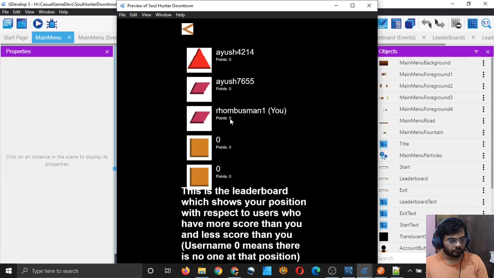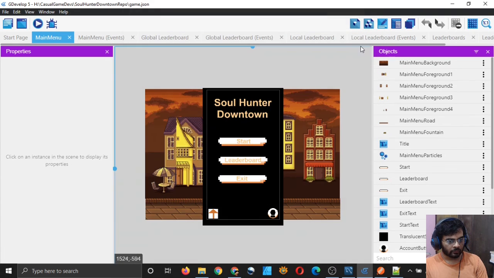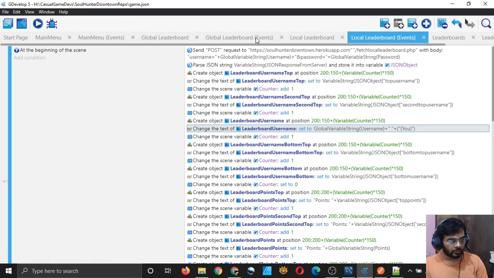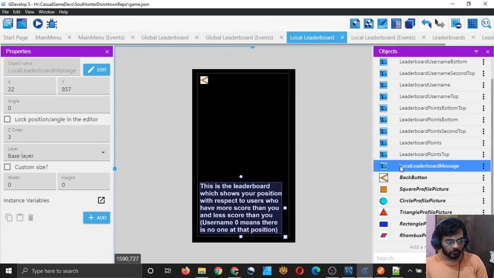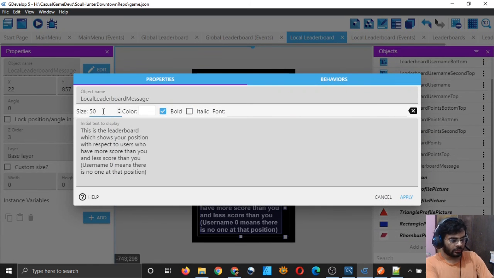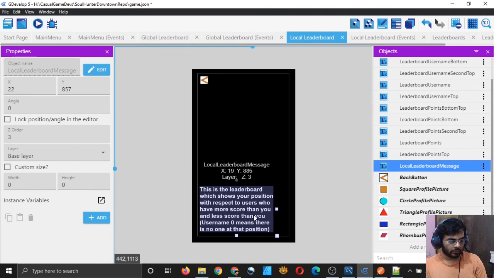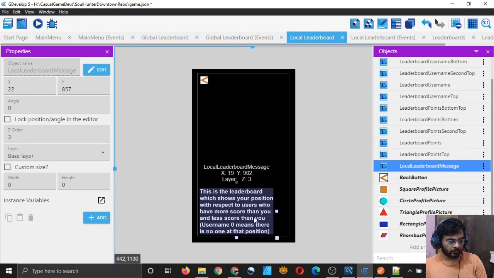So yeah, you, and this text is overlapping with this. Back button is not working. Let me fix that. I will make the text a little bit smaller, maybe 45. Yeah, that will work.